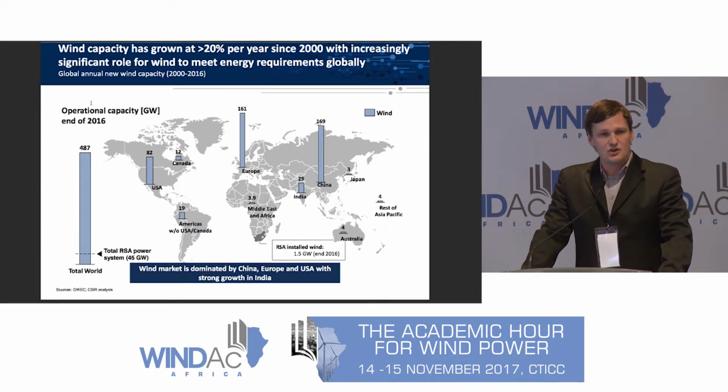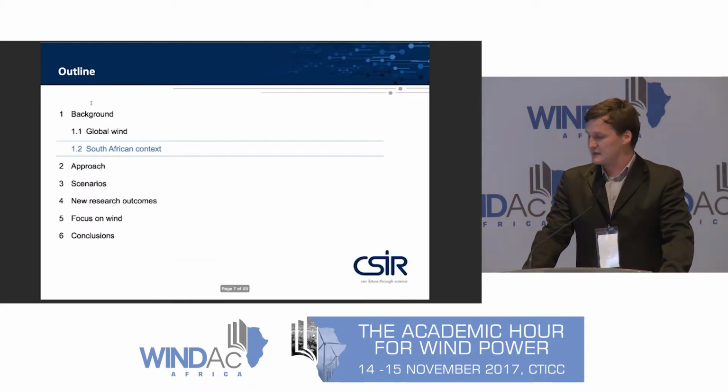And this is now the cumulative capacity. So the previous slide was annual installed capacity. This is now the cumulative capacity around the world. As you can see, China dominates along with Europe and the US. But as I mentioned already, there are some strong growing markets, India being one of those, and you can already see it's just under 30 gigawatts. I've also just noted there that by the end of 2016, there was about 1.5 gigawatts of installed capacity in South Africa. And I'll go through a bit more detail on that in the next slides